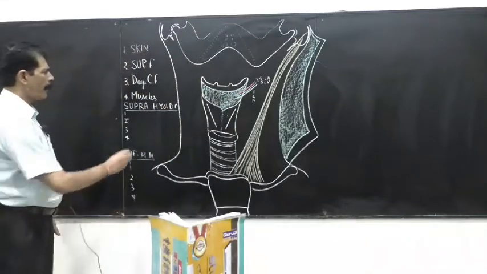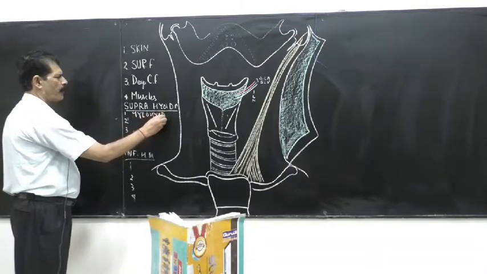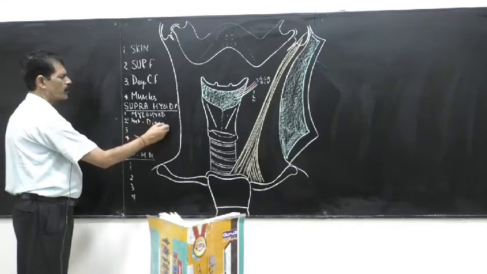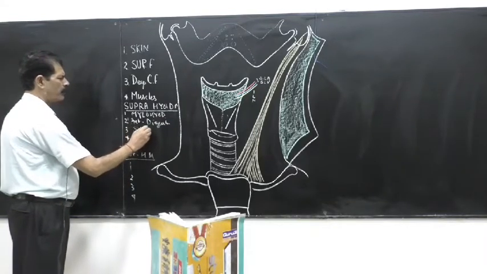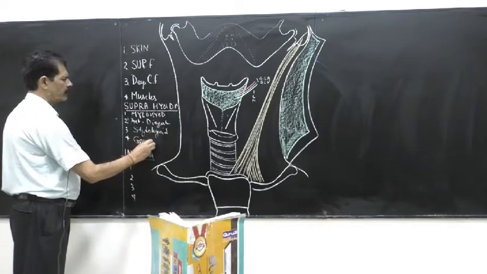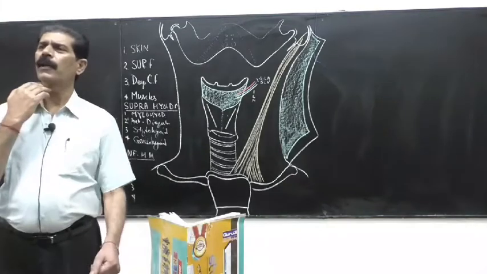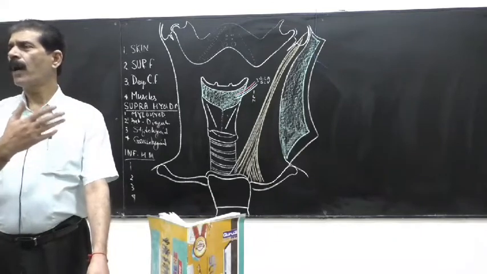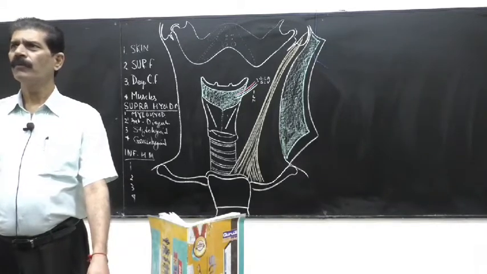So the muscles, they are the suprahyoid muscles. They are mylohyoid. Then the anterior belly of digastric, it is a suprahyoid muscle. Then stylohyoid muscle. Then geniohyoid. So these are the 4 muscles you will see taking origin and inserting on the hyoid bone. So names are suggestive. Mylohyoid means it takes origin from mandible and is inserted on the hyoid bone.